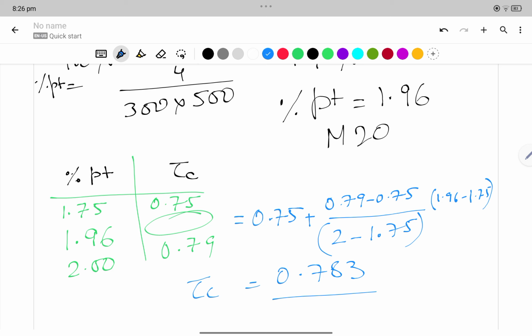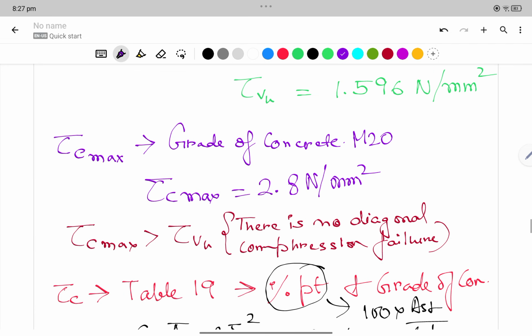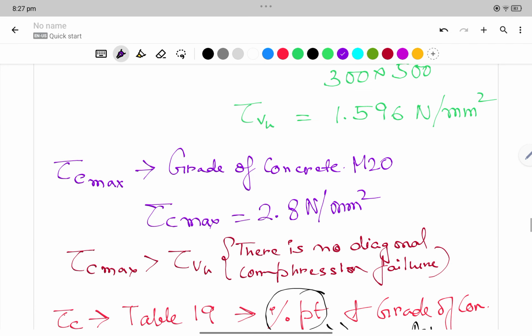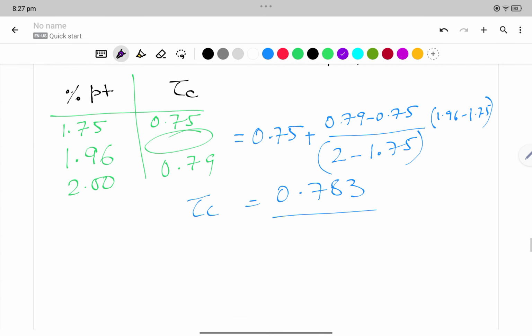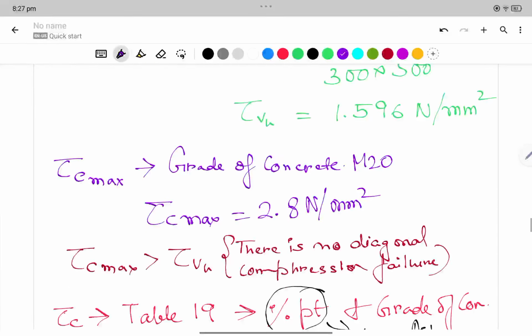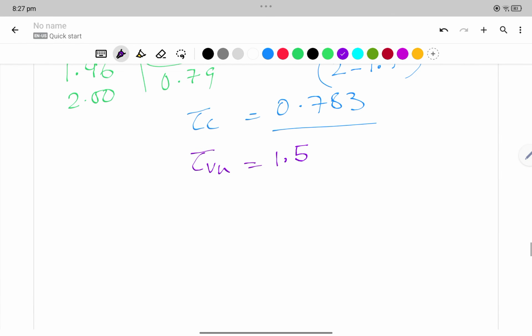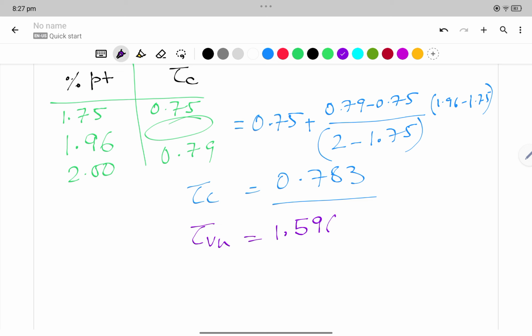Okay, so one thing we have to check is the nominal shear stress value. The nominal shear stress value, tau v, is coming to 1.596. So tau v is greater than tau c. So here the condition is, hence,